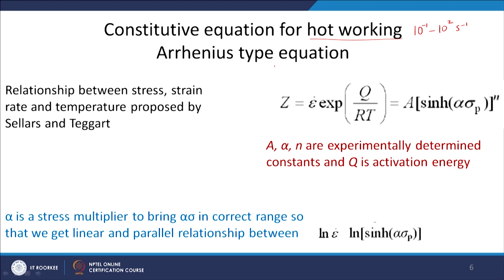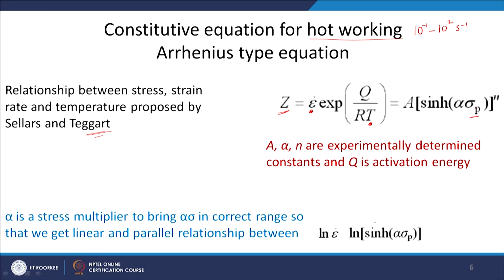Okay. So, basically again we are developing a relationship between stress, strain rate and temperature, and this particular equation was proposed by these two scientists, Sellers and Tegart. Basically what it is doing, okay, so you have Z, again the Zener-Holloman parameter, which brings these two parameters together, strain rate and temperature, okay. Of course, our temperature will always come under the exponential term, okay, and they relate this Z with the stress, okay.